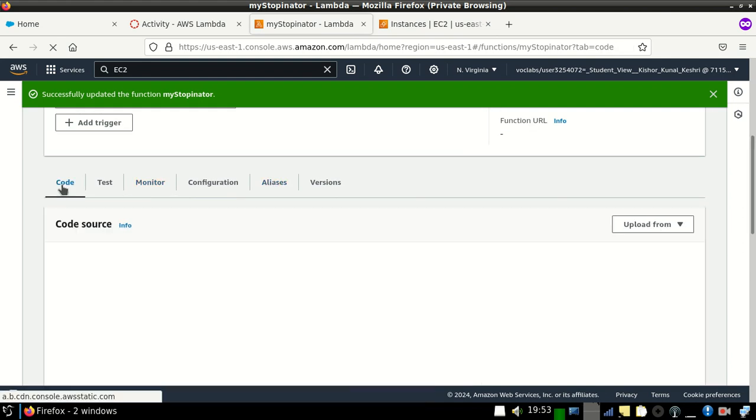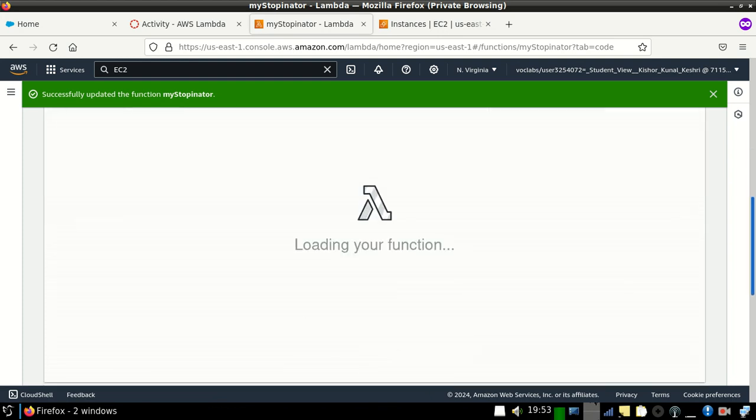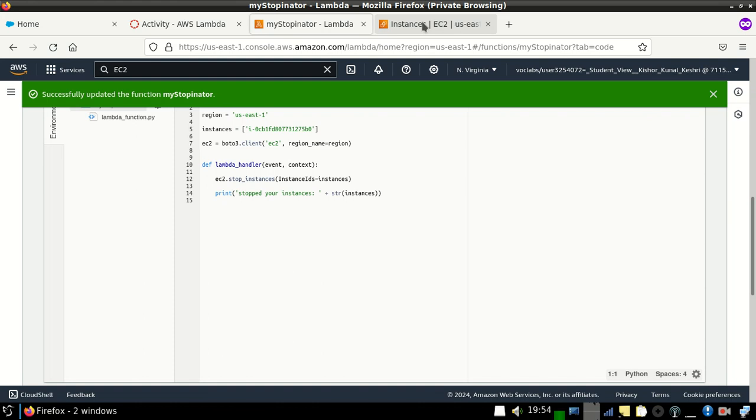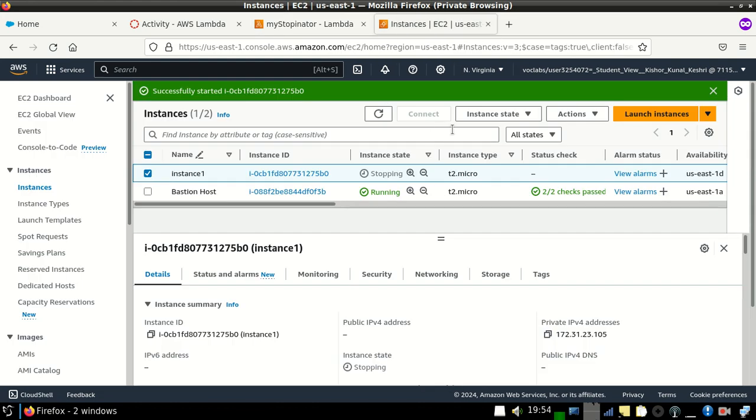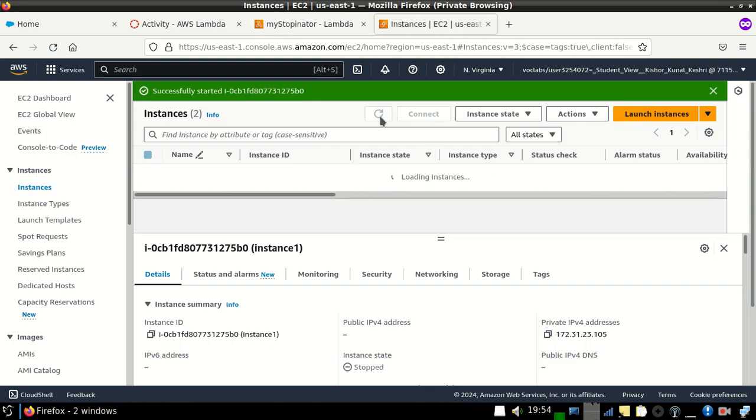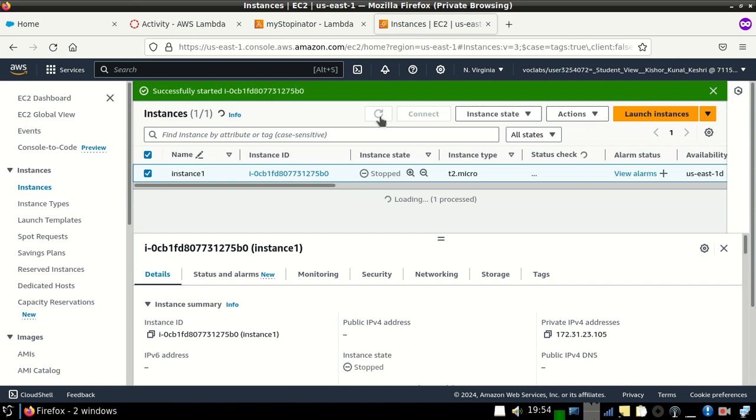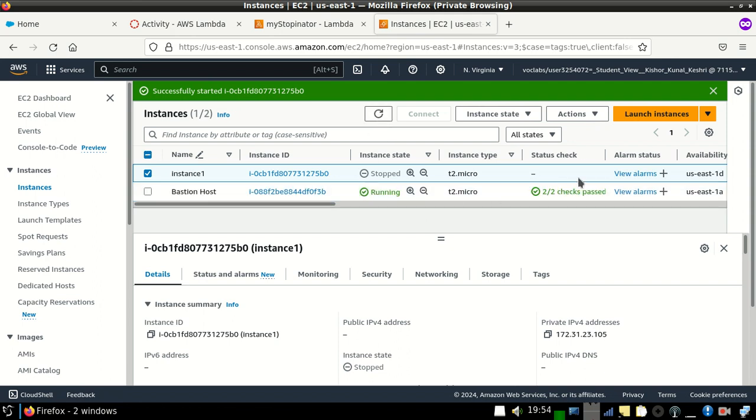This is the code. Look, the instance is still not started. Not started.